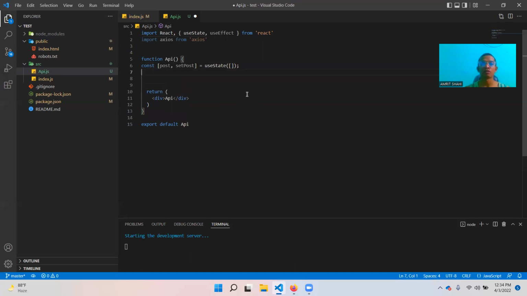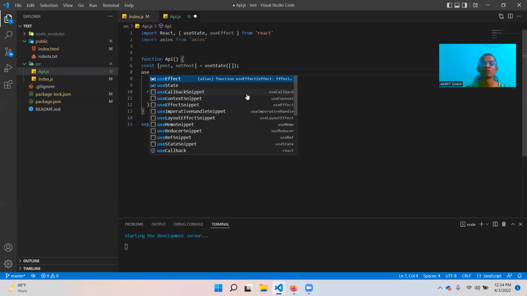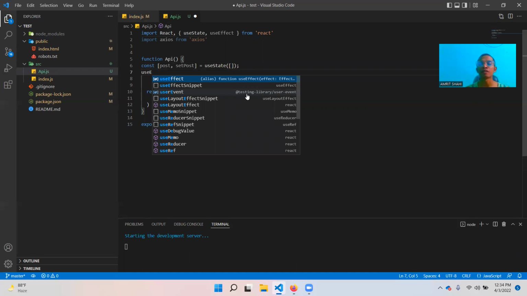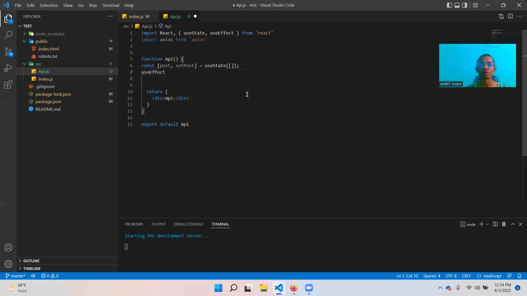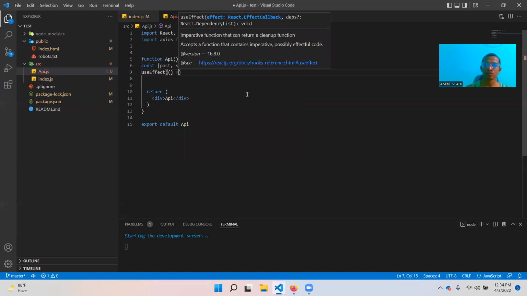Now I'm using useEffect. Do you know what useEffect does here? In a class-based component, useEffect works as componentDidMount, componentDidUpdate, and componentWillUnmount. Those things will work the same as useEffect in the functional based component. If you go here,